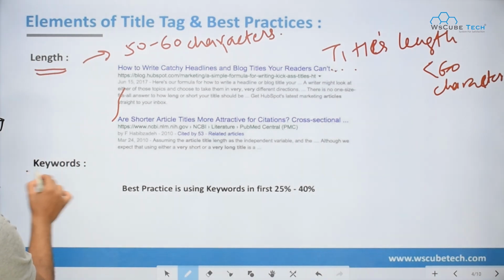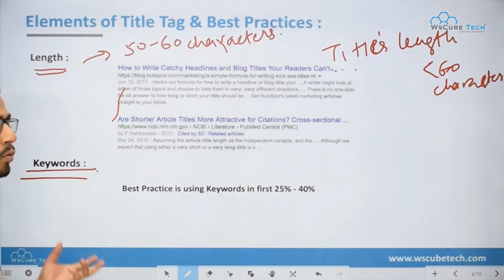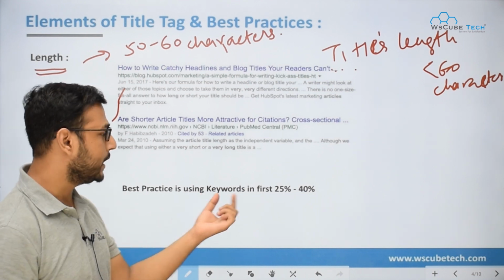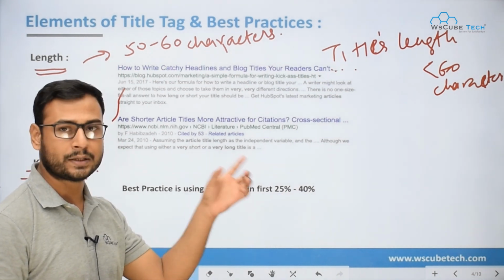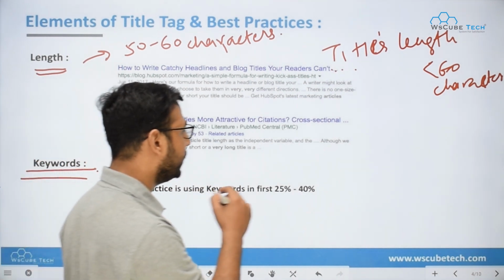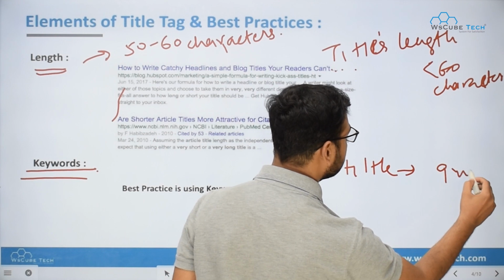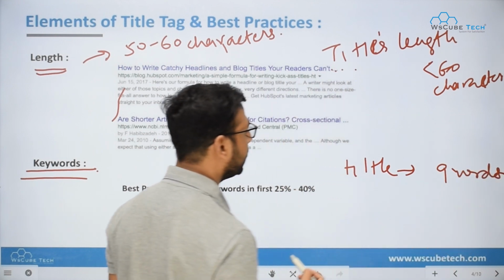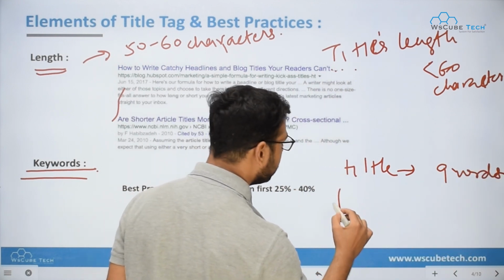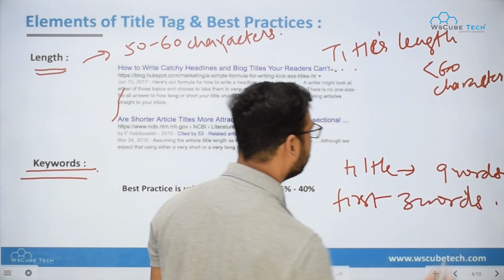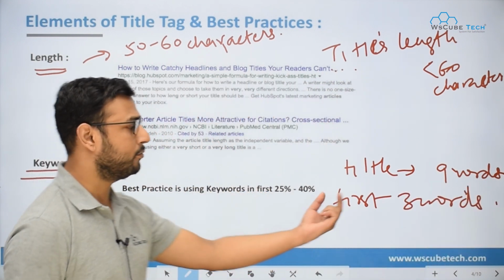Then the second thing is keywords, and where we have to put them in our title tag. The best practice is using keywords in the first 25 to 40% of the title. For example, if you have a title which contains 9 words, it is advisable to put your keyword in the first 3 words.